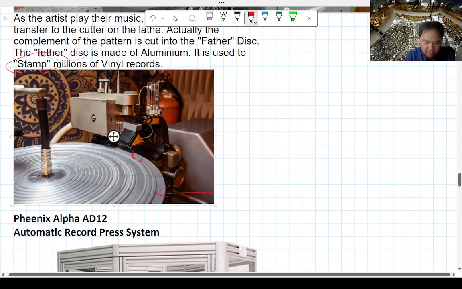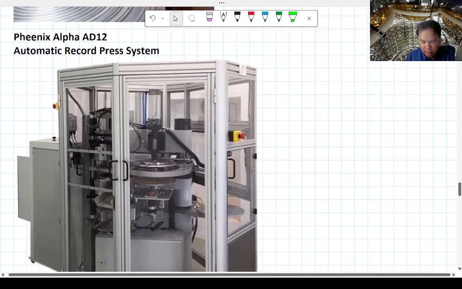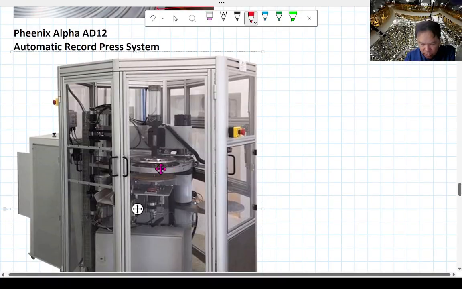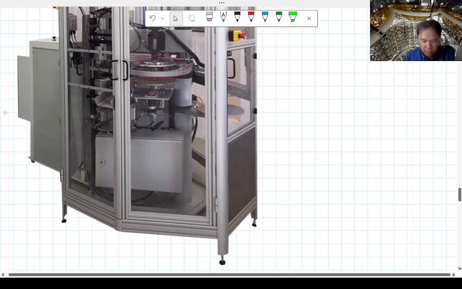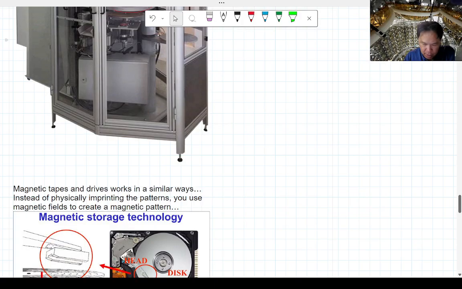And then this is called a father disc for some reason. It's made of aluminum, and you're literally just stamping. You have the mirror pattern of it, and when you stamp it, you get the regular pattern back out on vinyl, which is a much softer material. It's basically plastic. And then this room is basically pop, pop, pop, so every second you will have a new record that pops out, as opposed to waiting an hour. Okay, that's how we record sound